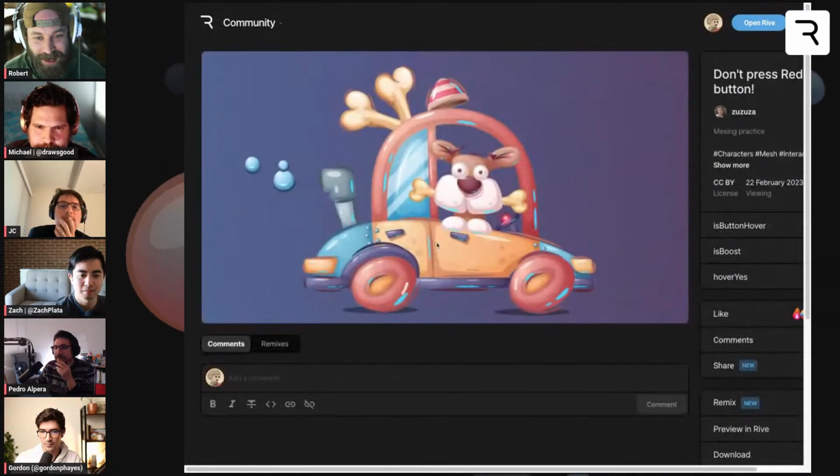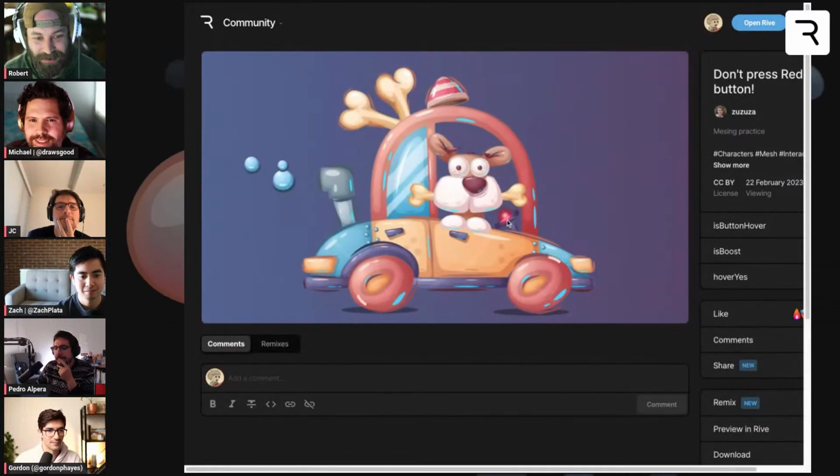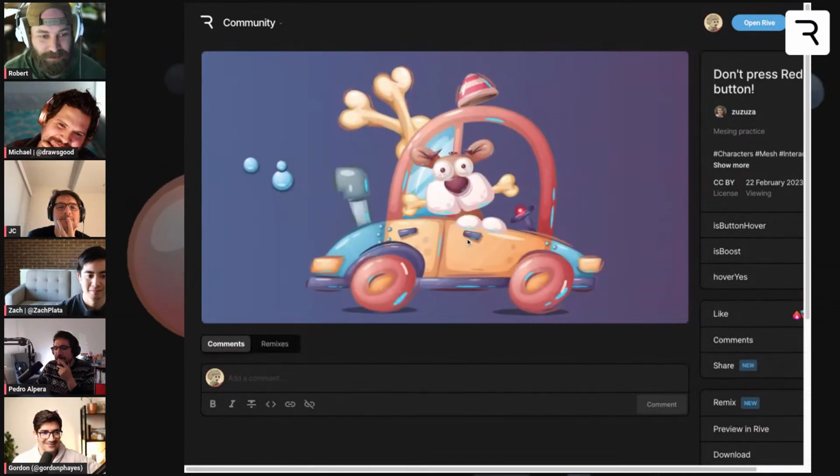What else we got? This is another fun one. Oh, this one's easier to say. This one's from Zuzuza. Boy, I hope I got that one right. This one's fun. It's a dog character with this little idling animation, and when you hover this red button, he starts freaking out because when you press it, it goes into hyperdrive.